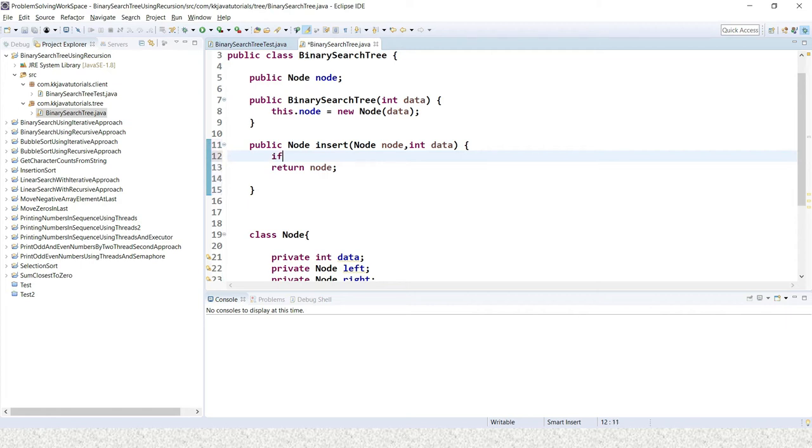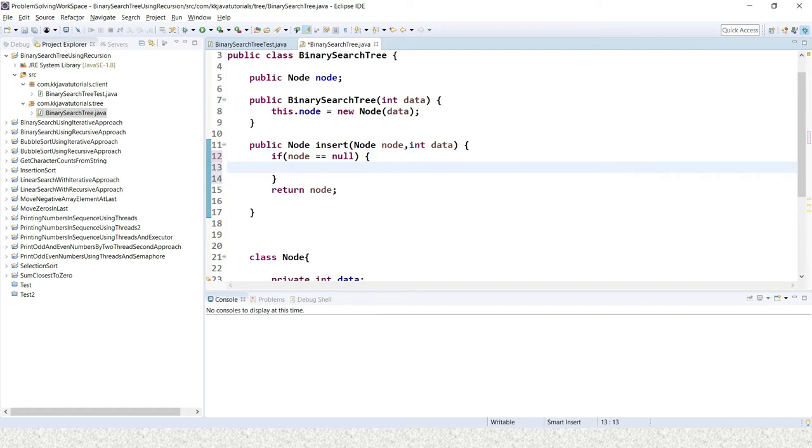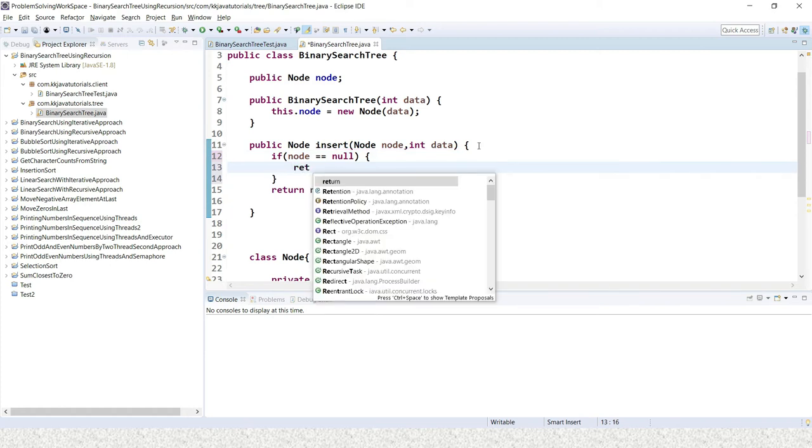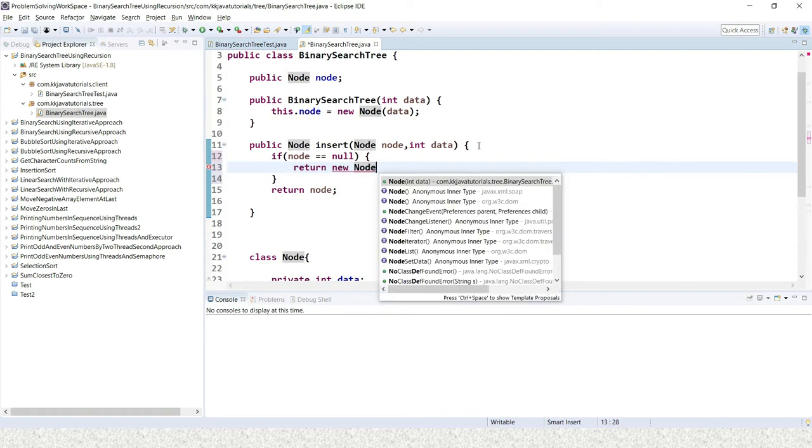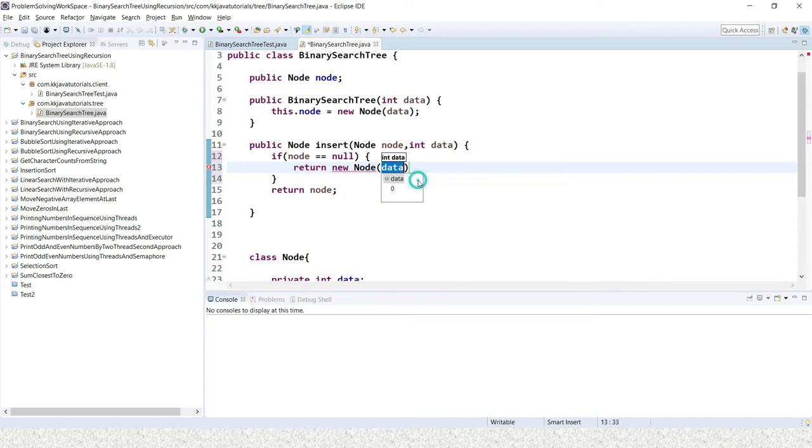So let's add a return. Now here you have to check if node equal to null, then we will create a new node and just return it. We'll create the node with whatever data is coming. Then what use cases do you have to give?